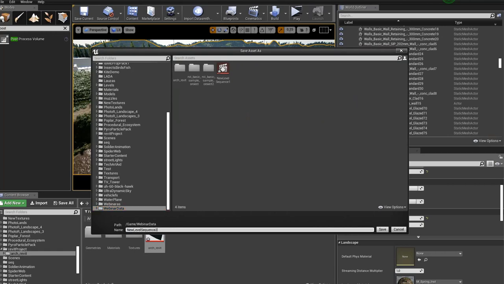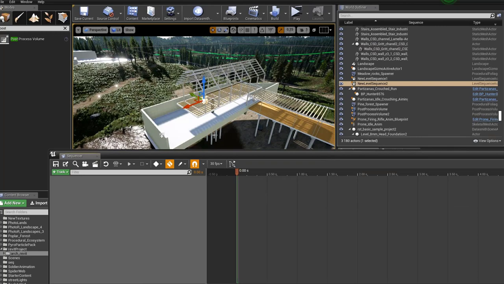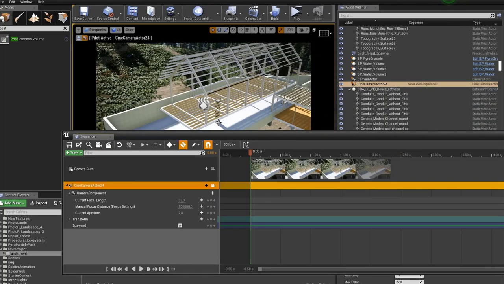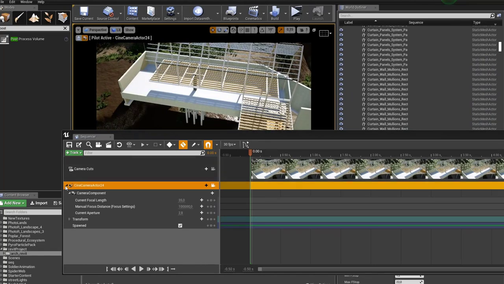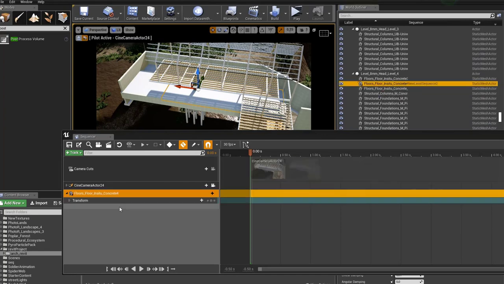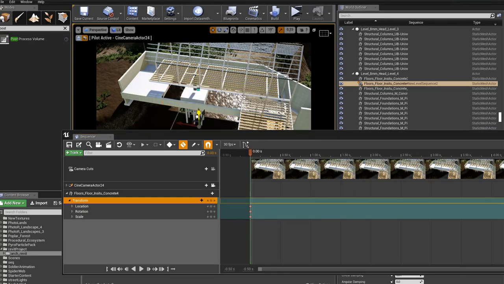Okay, now the second one, save, and now I have a new one. In this new one, I will create the camera, a new one, and we will add to this location. Okay, now I want to add the very same object, so this one, and now this one, I do want to animate transforms as well. So from this point,